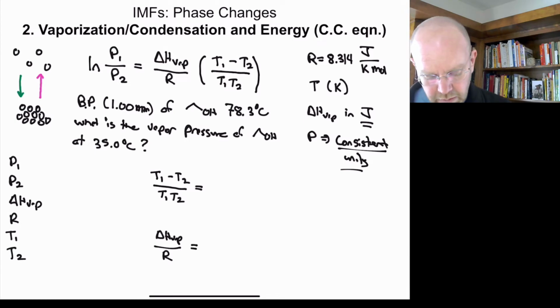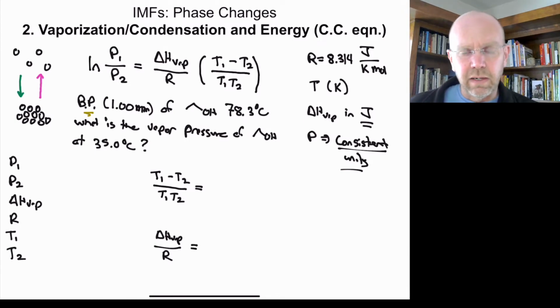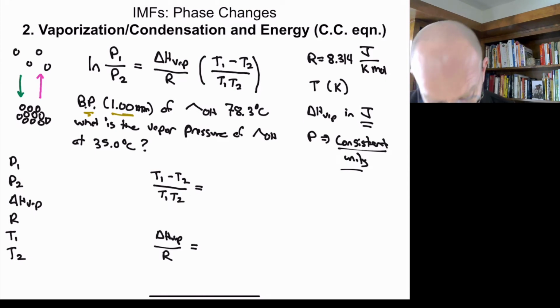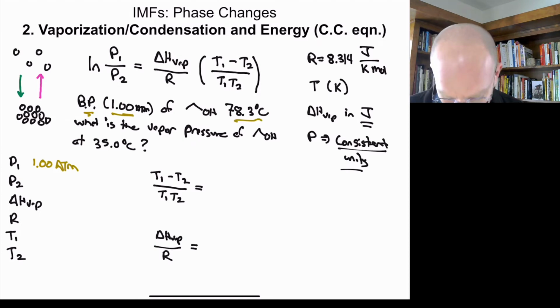Well, we know that the boiling point is defined as the temperature at which the vapor pressure equals the external pressure, right? And we're told that the boiling point at 1 atmosphere, so that's the pressure, we'll call that P1, is going to be 1.00 atmospheres, right? And T1 is going to be this temperature, right? So T1 is going to be